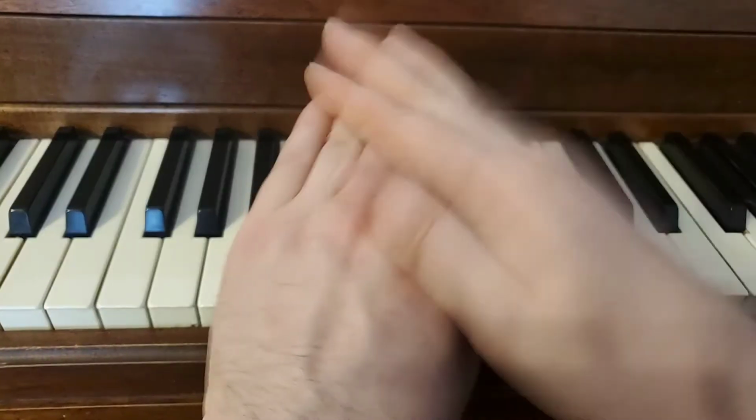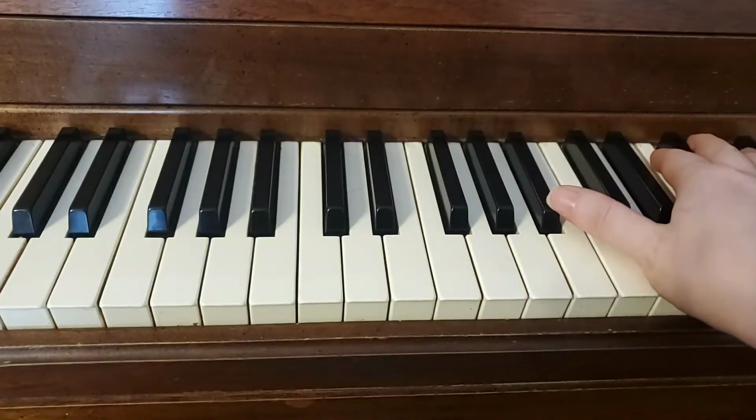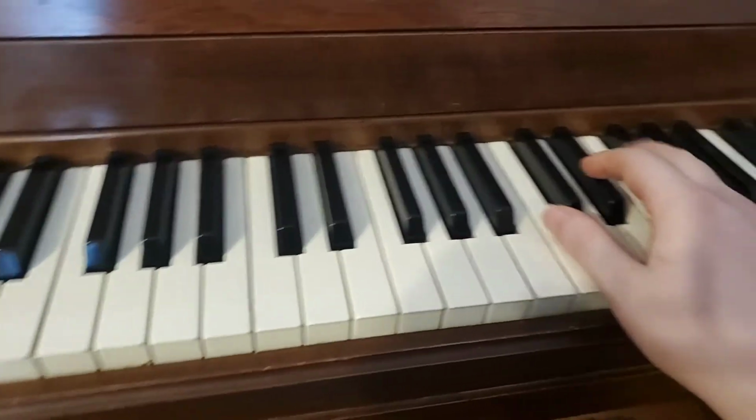Sorry, it's so much to keep up with, but you see what I'm saying. And it's a lot to put the left hand with it, but obviously you could work that part up separately. But yeah, I would say if you want to get it that way, maybe stick to the right hand. And on